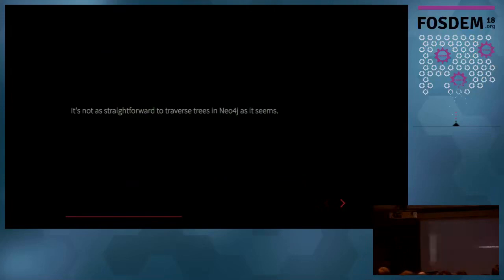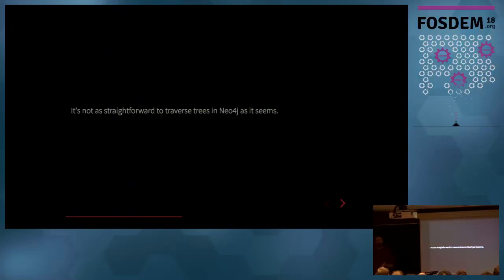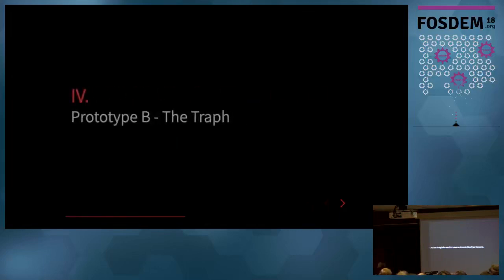And as it seems, it's not as straightforward to traverse trees in Neo4j as it seems, because we have a tree, we have a graph, but it's really useful for graph pattern queries. But if you have to query a tree, go down the tree, go up the tree, use some depth first search, it's a bit cumbersome. So we went